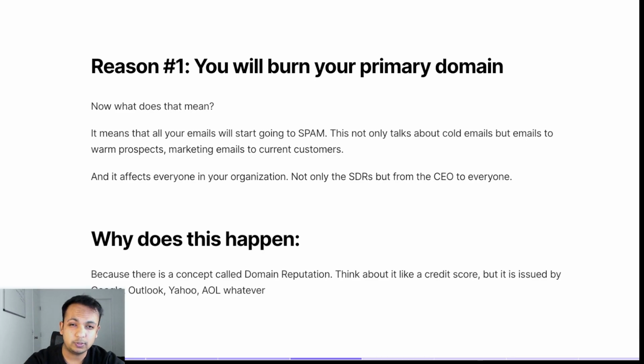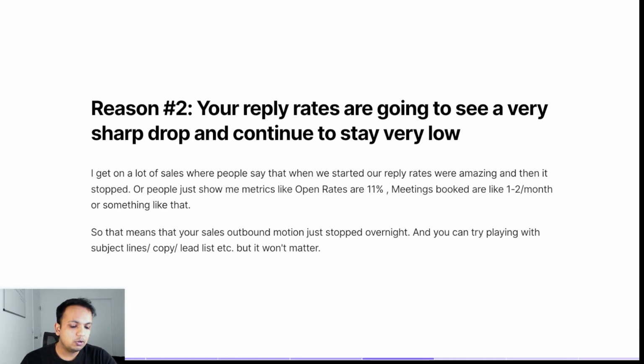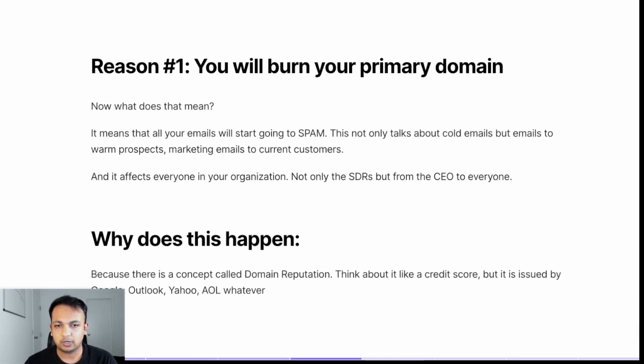But a very simple way to explain this is, if you email someone, how they respond to your email will affect your credit score. So if they mark you as spam, which happens to a lot of cold emails because they're unsolicited, or if they don't reply to your email, your credit score, your domain reputation, goes down. There are also bounces, email sending patterns, and a lot of other stuff that's not in the scope of the video, but this one's the main one. So you keep doing that and your domain reputation will go down. And once it goes below a threshold, a lot of your emails start going to spam.